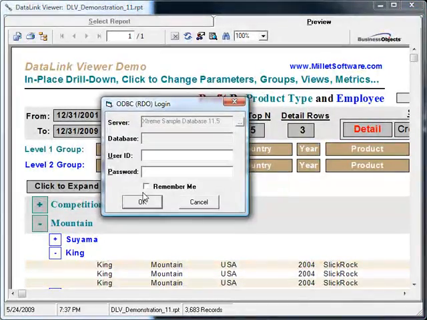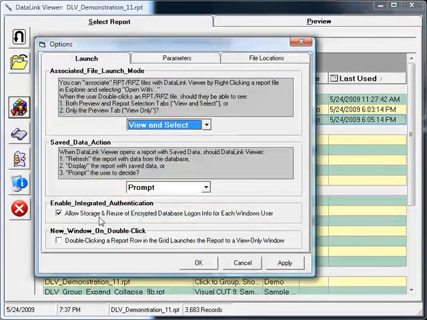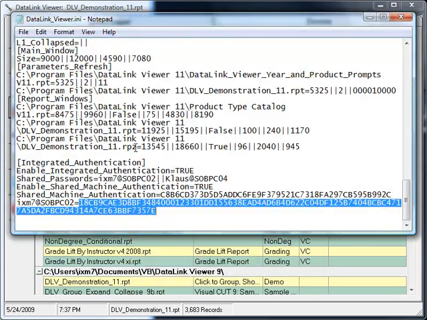Here it is, the Remember Me checkbox. Let me cancel out of that, and back to this dialog. So when this is turned on, if a user is successful in logging in, then the login information is going to be stored inside the DataLinkViewer.ini file, which is just a text file that sits inside the